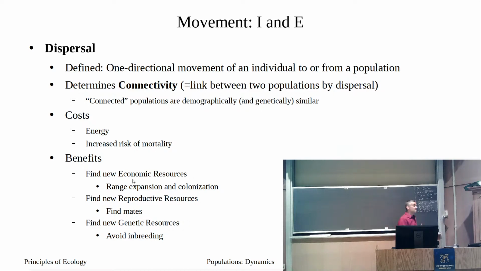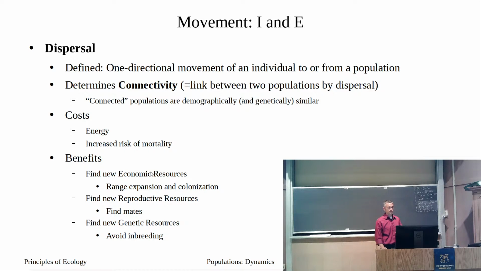So first off, it allows us to find new economic resources. And the economic resources that we're talking about is habitat. Habitat patches, food resources, dens, burrows and stuff, new territory, all right? These new economic resources that we're looking for result in range expansion and colonization. All right, so when we see range expansion and colonization, it's dispersal because our individuals are finding these new